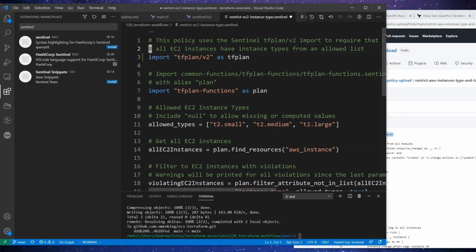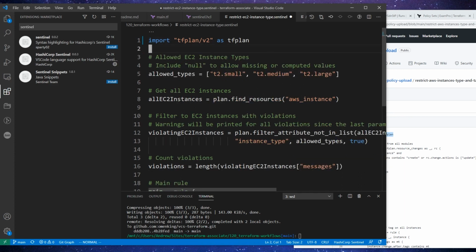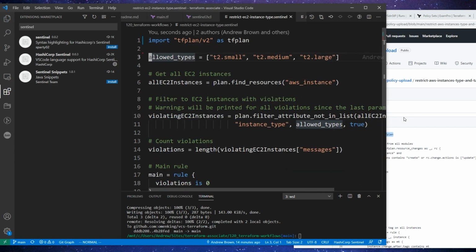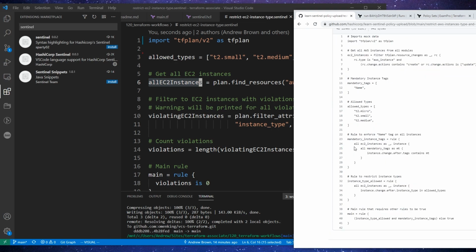Okay, and I'm going to go ahead and just delete this one out here. Again, this isn't working. I don't know if this would work with that one, so I'm going to take it out. This is pretty clear what this does, so we'll just have that allowed types. It's interesting, here it's underscore, and then here it's title case. There's some inconsistencies there. So they have allowed types as well. And I'm just seeing if there's find resources in here. So allowed types, rule to enforce the name tag. So I don't care about that. Rule to restrict the instance type. So I'm going to go ahead and